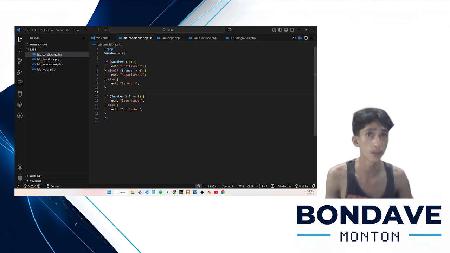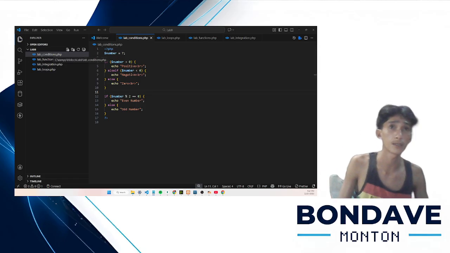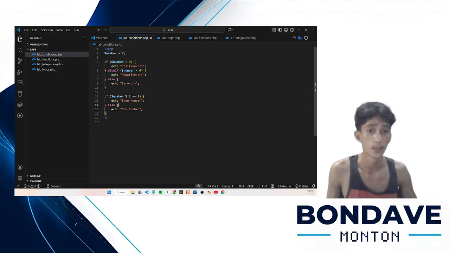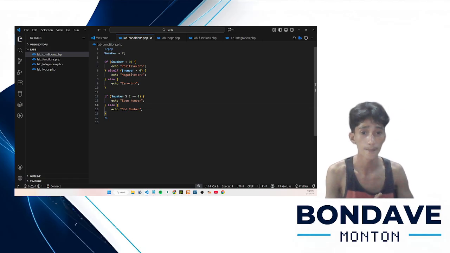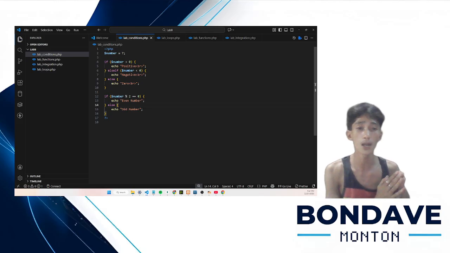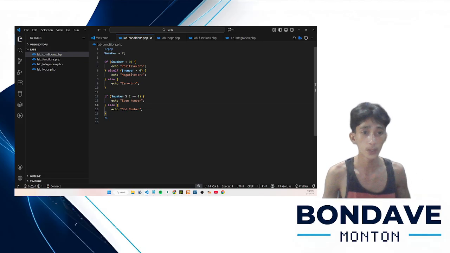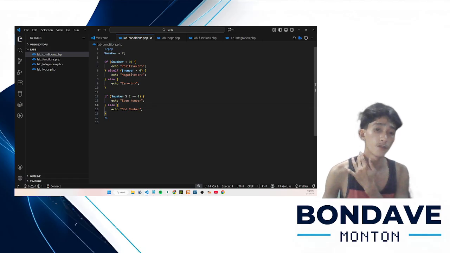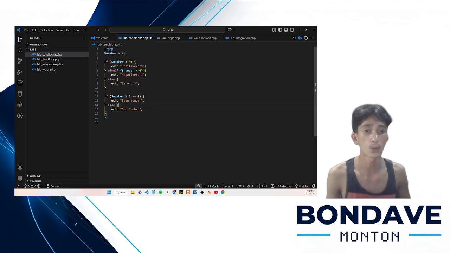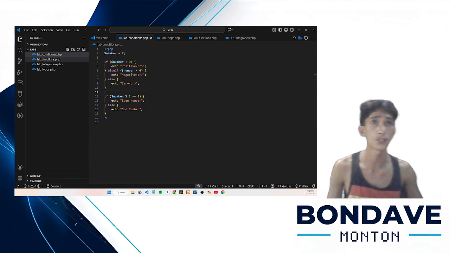Now let's begin our Laboratory 8 demonstration. A conditional statement allows a program to make decisions instead of executing all lines blindly. The program checks the condition first and only runs the code that matches the situation. I have here the lab conditions.